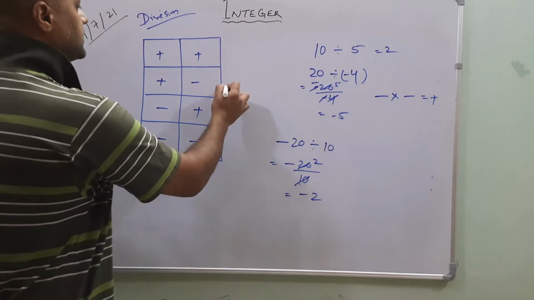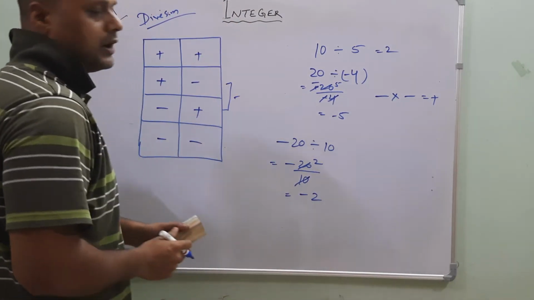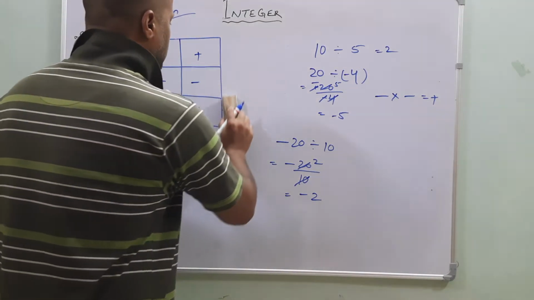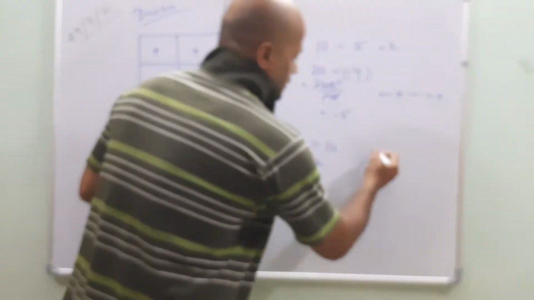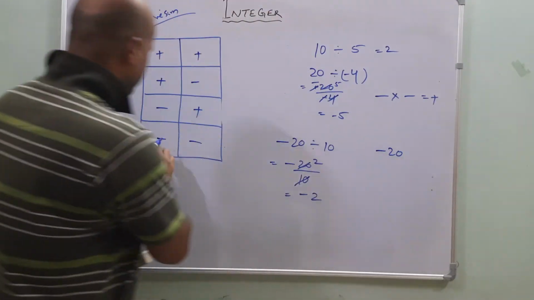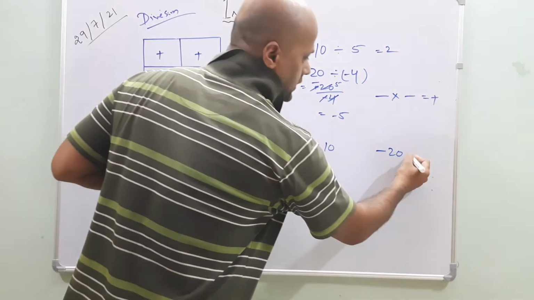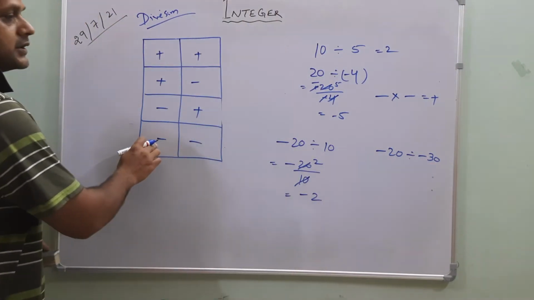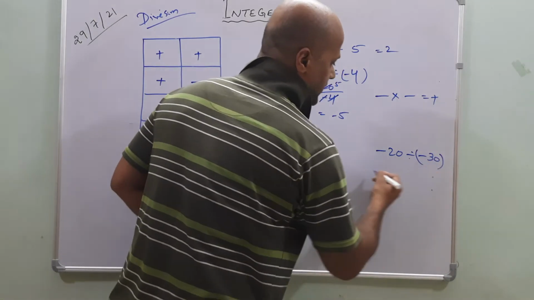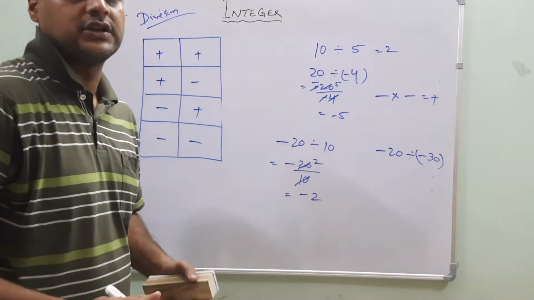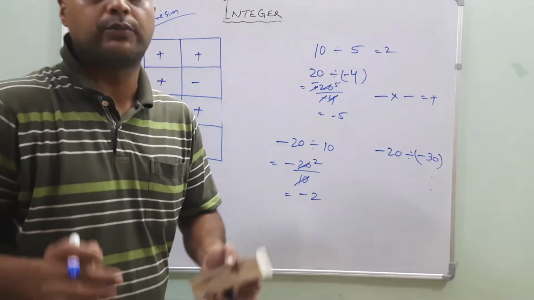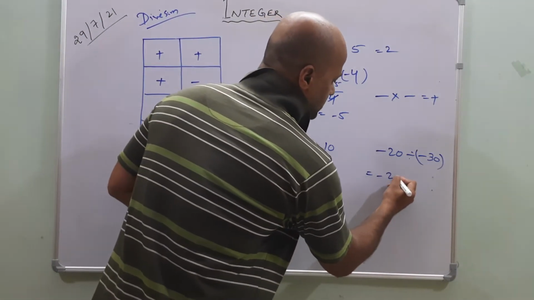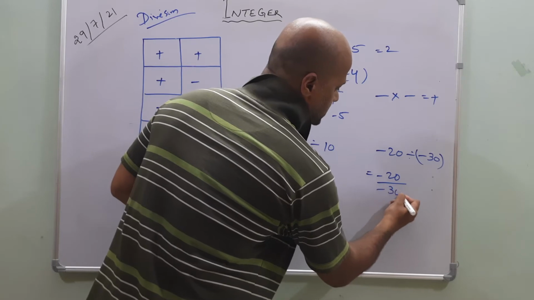Here also in both the cases minus are coming. Okay. You have to check it according to your given question. Now the last one. Minus 20 divided by minus 30. Okay, understood? This one will be put in the bracket because two signs are not joined with each other. If two signs are coming together, you have to separate them with the brackets. Okay? So how much? Minus 20 divided by minus 30.